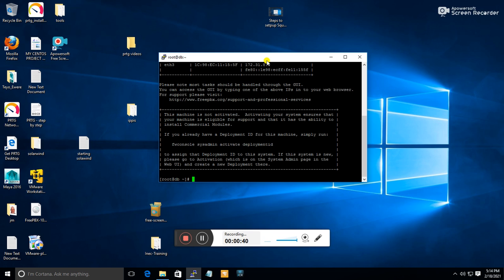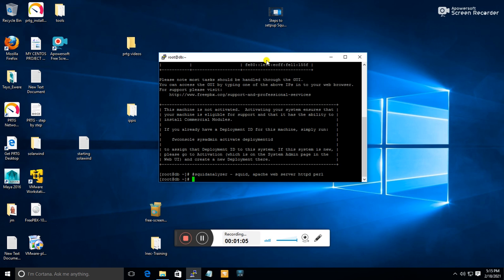Okay, now I'll write here that Squid Analyzer requires the following. It requires Squid to be installed, the Apache web server, which is HTTPD, must be installed, and Perl has to be installed. So I'm going to show you how this is done. So to install Perl, I'll type yum install Perl